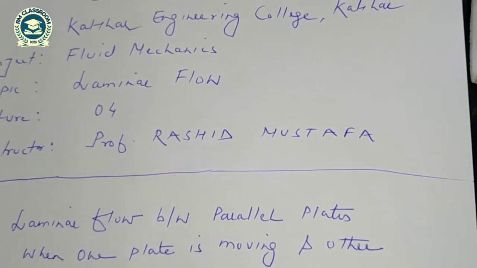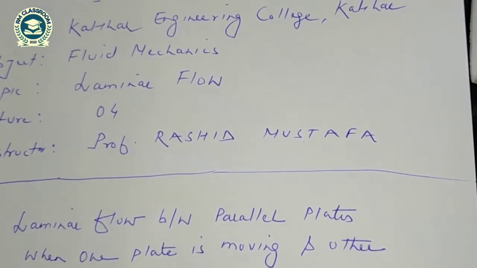So today I will discuss another topic. In the last class, as we discussed, when two parallel plates were fixed, the expression of velocity was 1 by 2 mu into minus del p by del x into (hy minus y square), and similarly the shear stress was minus del p by del x into (h by 2 minus y). So today I will discuss two parallel plates where one plate is stationary and the other is moving at a velocity V, and what the expression of velocity and shear stress will be.